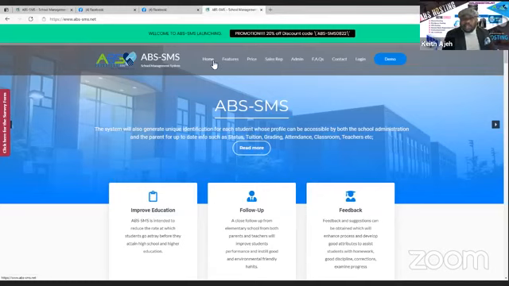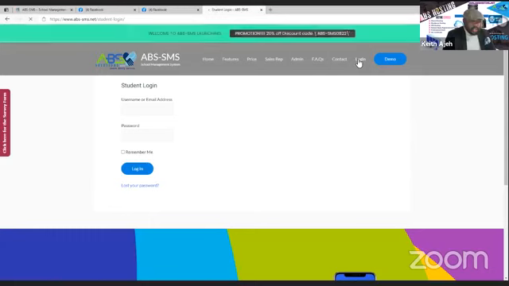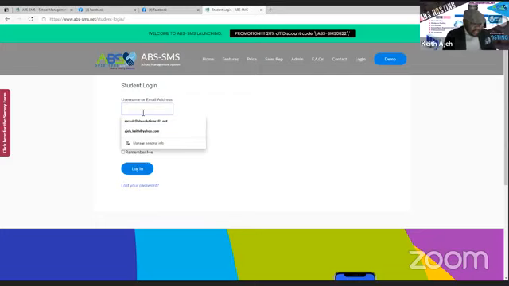And to log in as a student, you have to go to the section that says login. Okay. So click right into that and you can enter your student credentials. So you will have a student credential as a student from the school that you are a student in. They will provide you the credentials that you would use. And for this purpose, we're going to log in with the username Neba, a student of the school. So all the students out there, this is you trying to access your system.